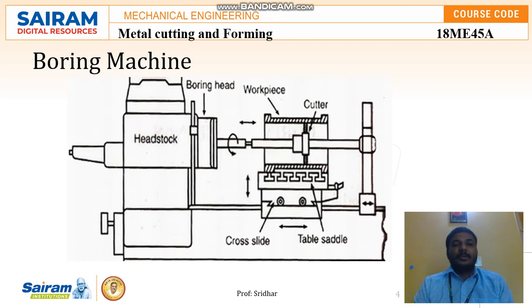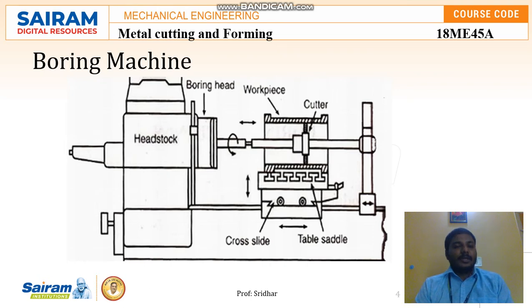The function of a boring machine is not only to enlarge already drilled holes; drilling, milling and facing can also be performed on the boring machine. The major applications of these boring machines are to produce large diameters, like in turbines or pumps, where a huge diameter of hole has to be produced, and for the shafts in turbines, mainly used in power plants. That size of hole cannot be done using drilling machines.